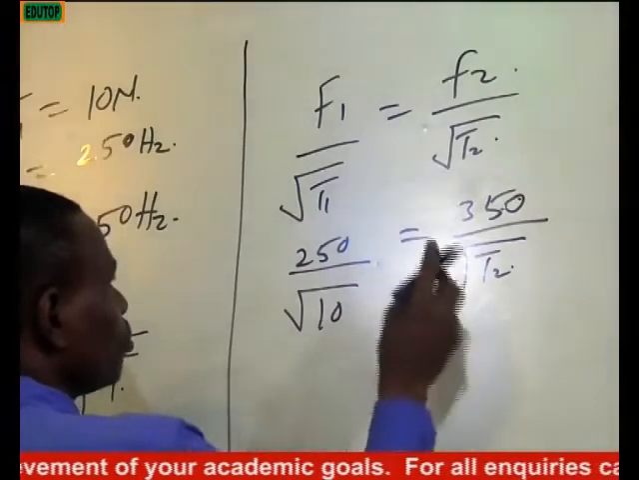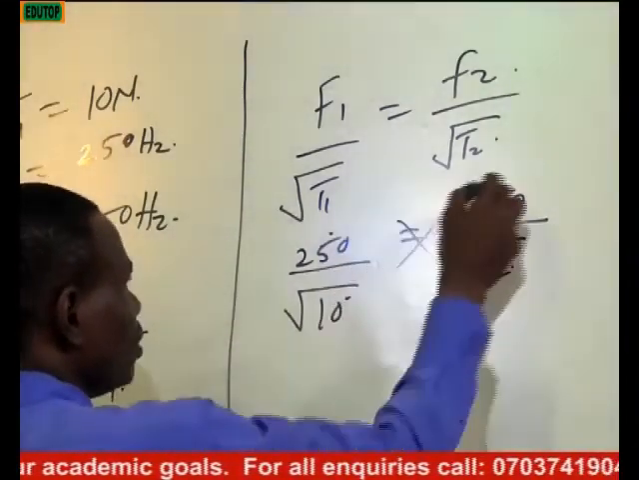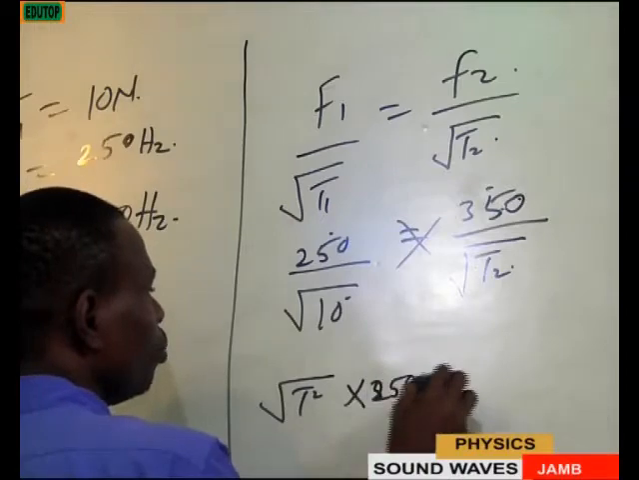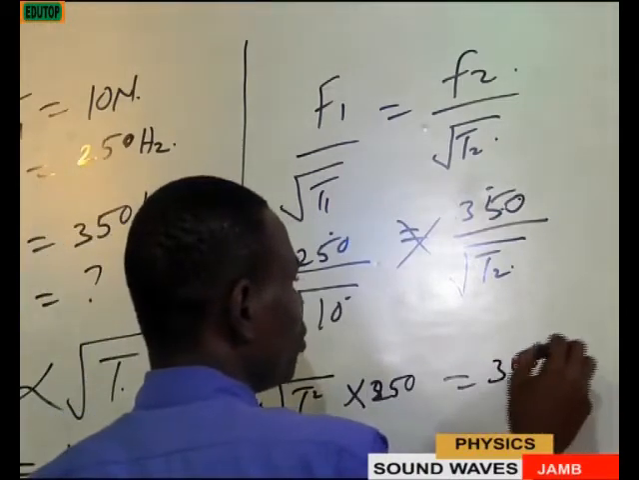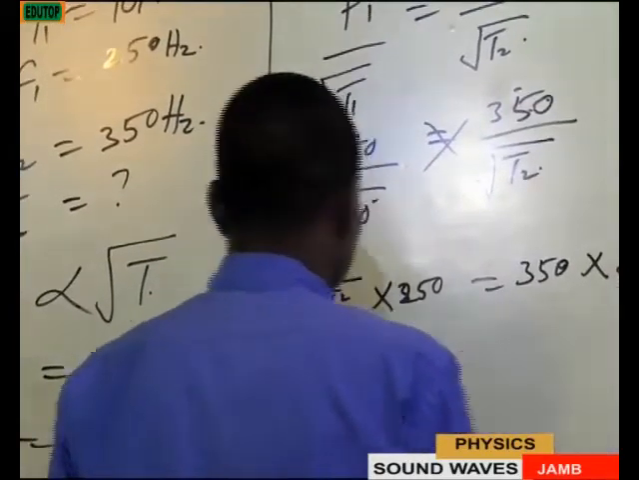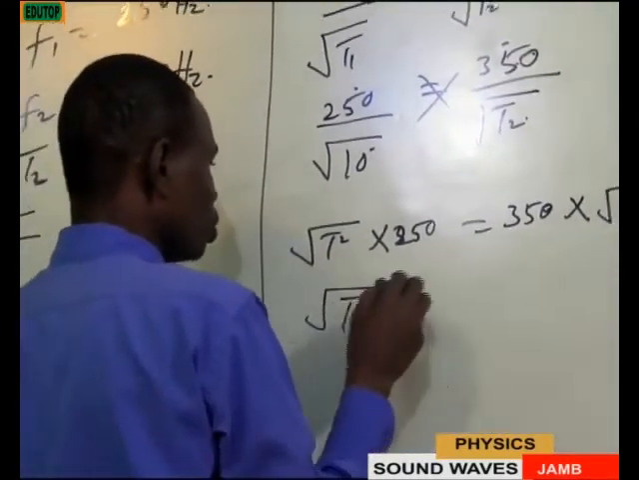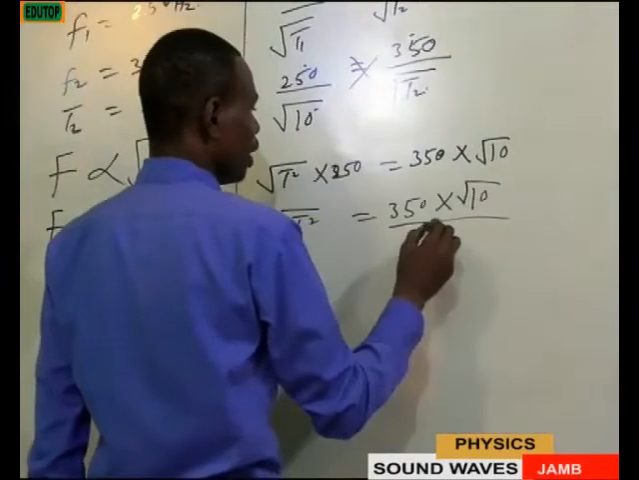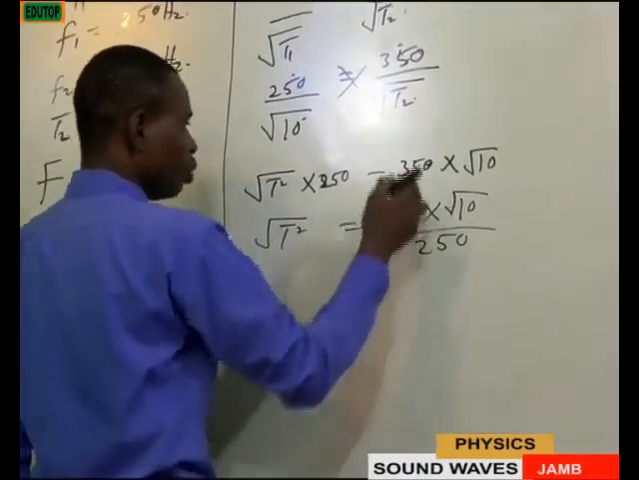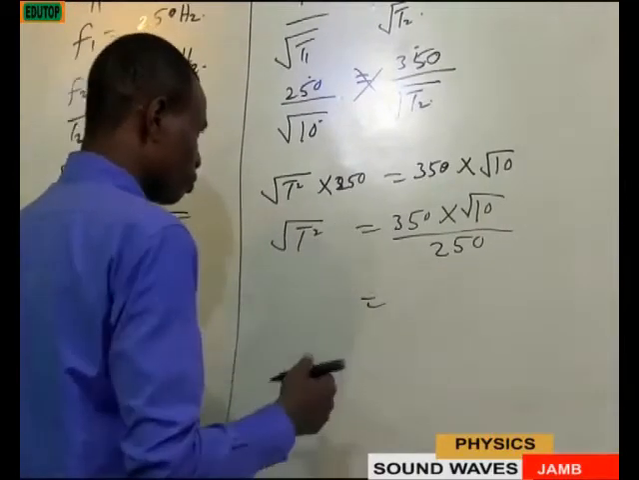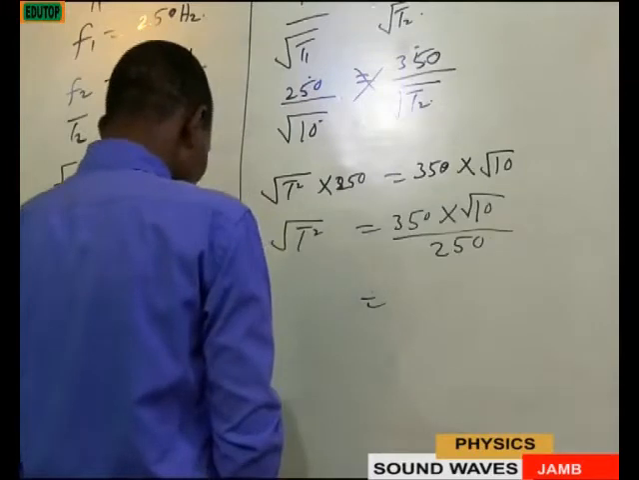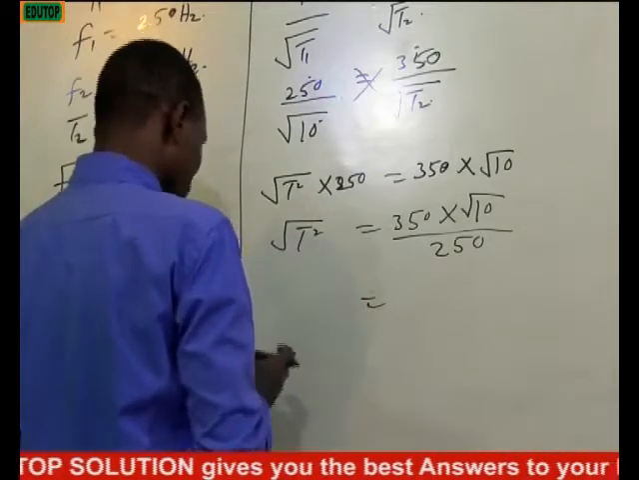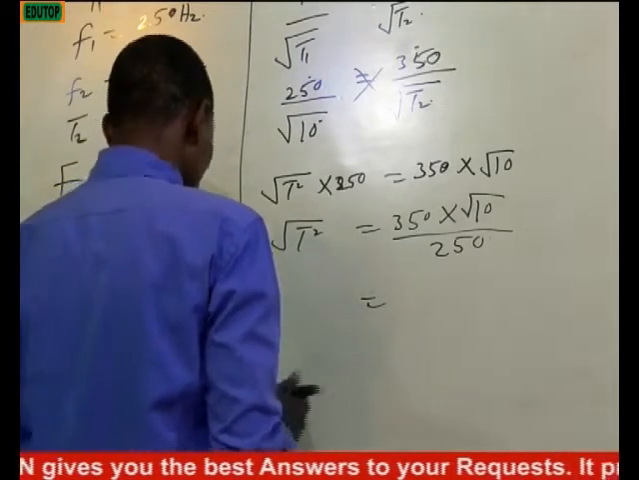Then let me try to cross multiply this times this times this. Square root of T2 times 250 will be equal to 350 times square root of 10. So that square root of T2 will now be equal to 350 times square root of 10, all divided by 250. So let's look at what will be the value of this. Straight away, the square root of 10 is 3.162. Let's multiply straight away by 350. It will give us